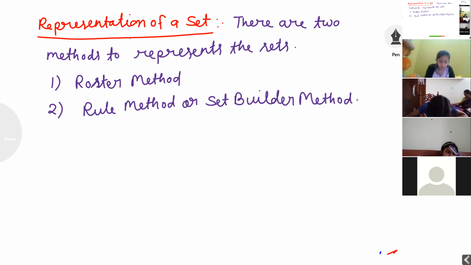There are two methods to represent the sets. First method, roster method. Second method, rule method or set builder method. Now keep first heading, roster method.